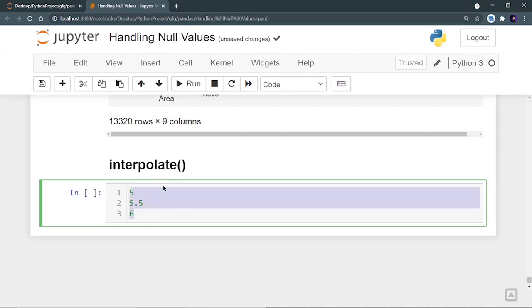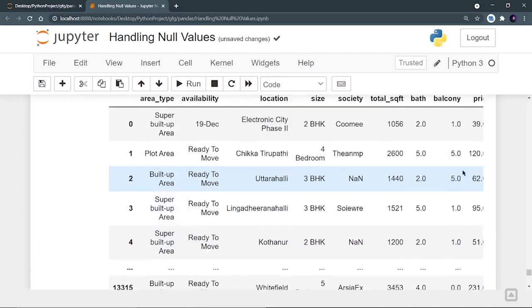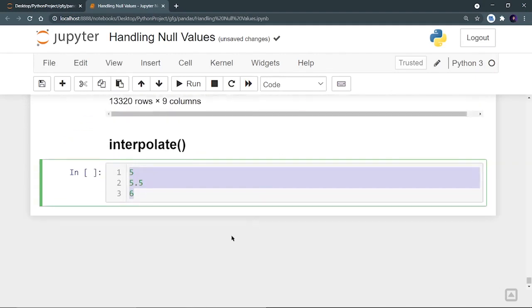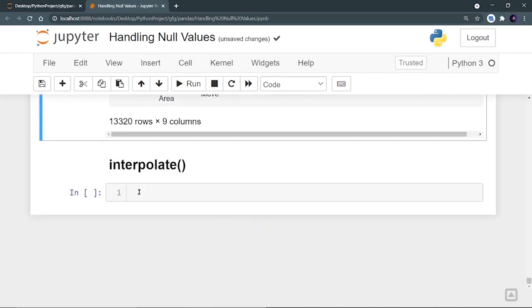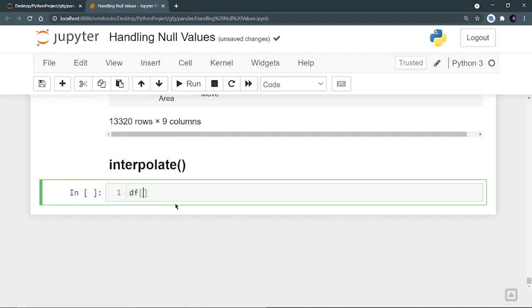Now let's use this function, and we will use the linear method for filling the null values in the balcony column, right? So let's do it. As we are working on the balcony column, I'm going to call only the balcony column. So df['balcony'] will be df['balcony'].interpolate.